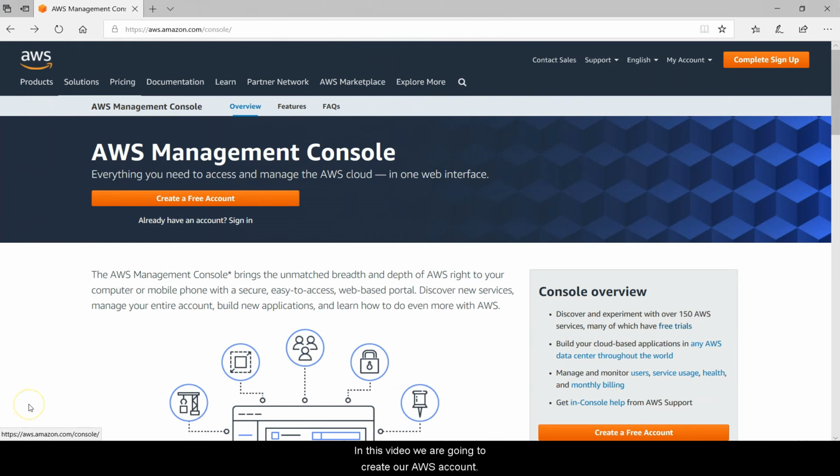In this video, we are going to create our AWS account. And in order to do this, please go to this link https://aws.amazon.com/console. And on this link, click on the button create a free account. I just clicked that,